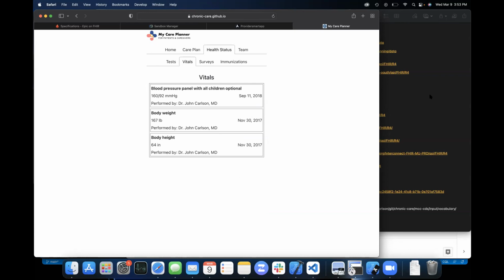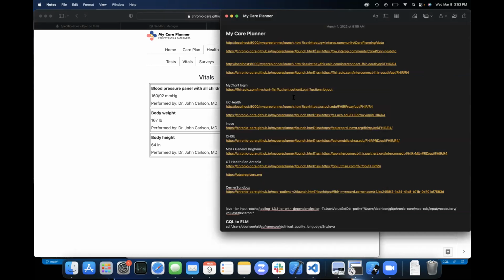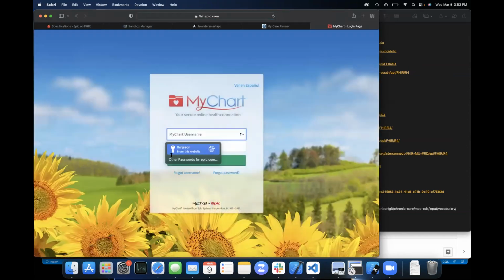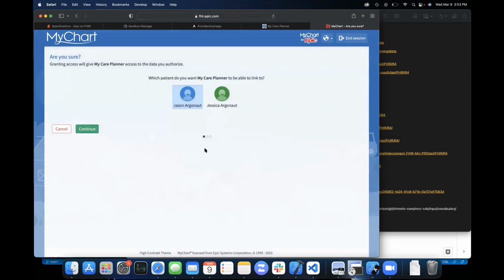And this is a whirlwind tour, but I do want to show you right now exactly the same application being launched, pointed to the Epic sandbox. This is available as an open sandbox to anyone developing against Epic. Logging in as one of their test patients is all fully documented on Epic's site. But what I want to show you in this case is the proxy user, which most EHR systems support. We're using that right now to enable a caregiver to have access.